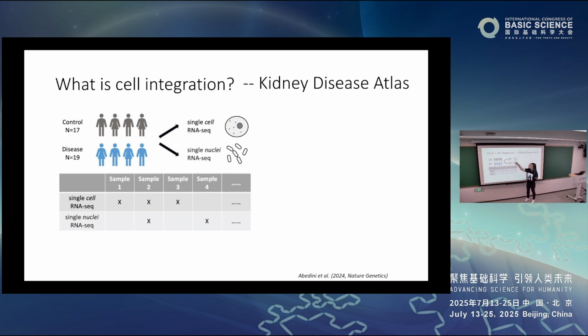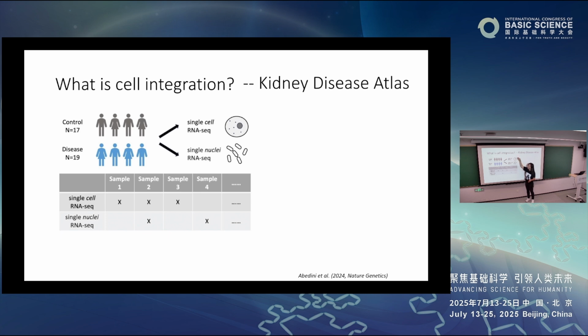And from each sample, she either did single cell RNA-seq or single nuclei RNA-seq. So the difference here is cell and nuclei. Okay, cell is the whole cell, nuclei is just the nuclei. The reason why they did different things is because it depends on whether the sample came to you as fresh or frozen. Sometimes they can't give you the fresh sample because it's collected at a hospital where they have to process it right away. So this is not something you can control, okay?